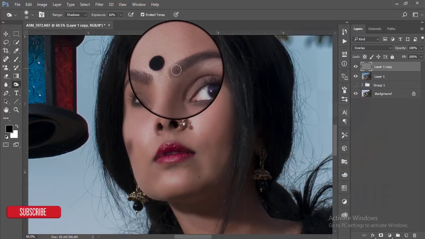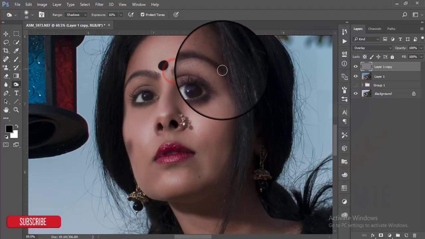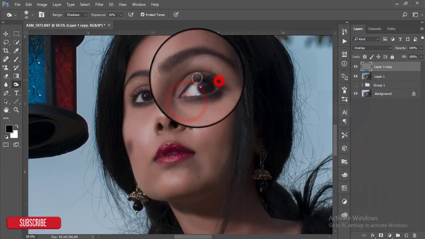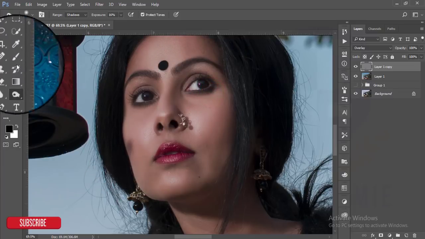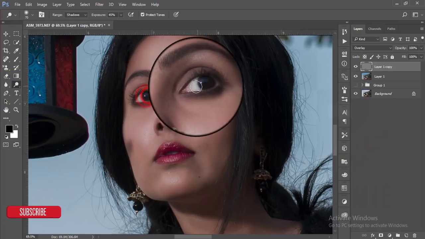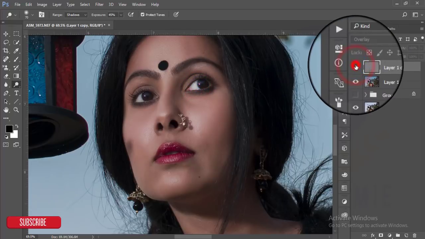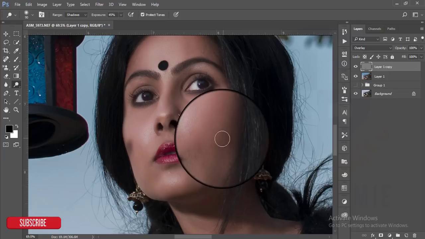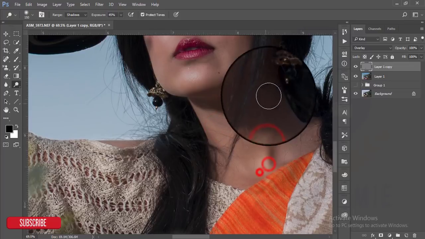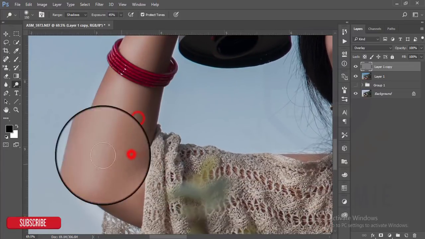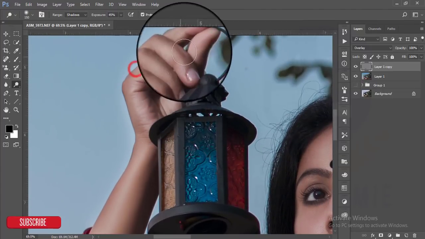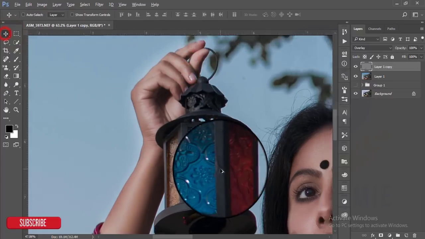Okay, in this area it will be prominent, and I'll add some dodge option on the white portion of the eyes for the whiteness. Okay, and also in this face. And this option also. Okay,